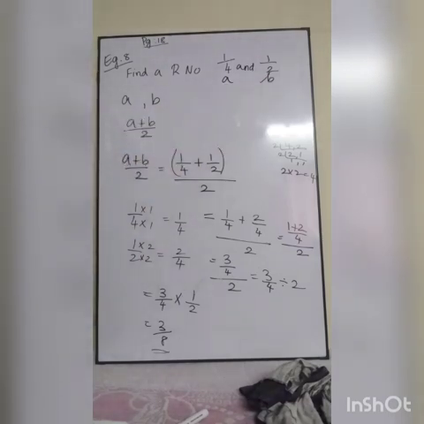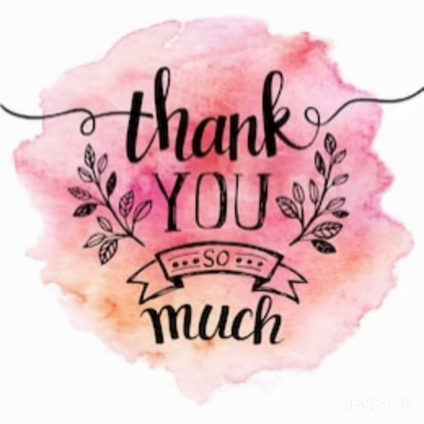When they ask you to find 10 or 3 rational numbers, you will do the previous method which I have taught you. If they ask for only one rational number, you should use this formula and do the problem. Okay children? Today's topic, we have learned how to represent natural numbers, whole numbers, integers and rational numbers on a number line, and how to easily identify the numbers in between two rational numbers. Then example 9 is your homework, children, which is fully related to what I have taught you in this class. Hope you all understood, children.